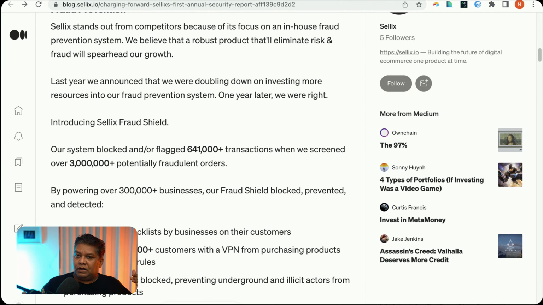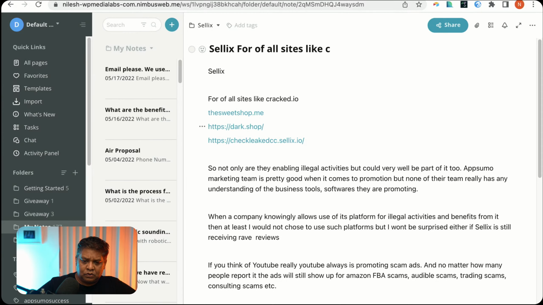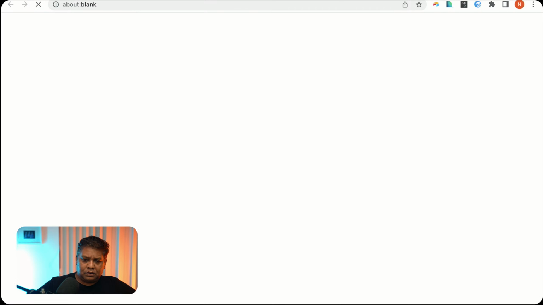That's quite a lot. And are you not able to flag some of the people who are selling cracked software or illegal licenses of WordPress plugins? You're not able to track all that? It's a little bit strange, right? Because this is all available in the public domain. Let me show you what I mean. Okay, I'm going to go ahead and open this.